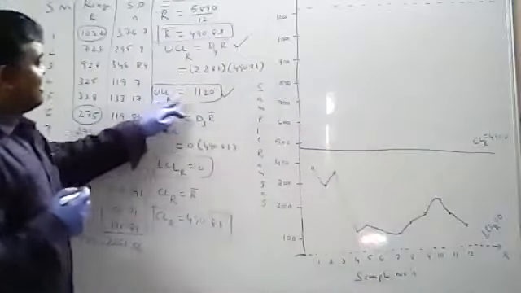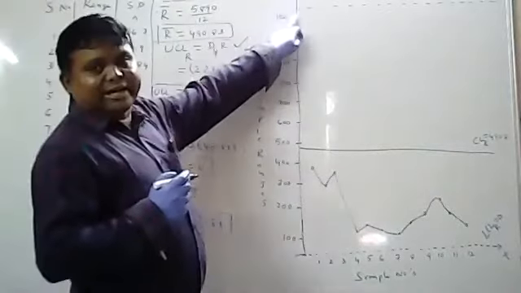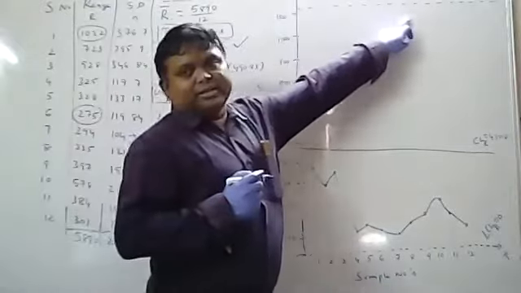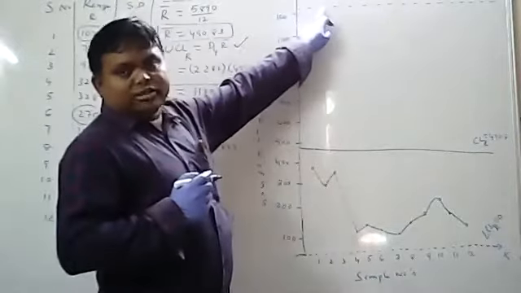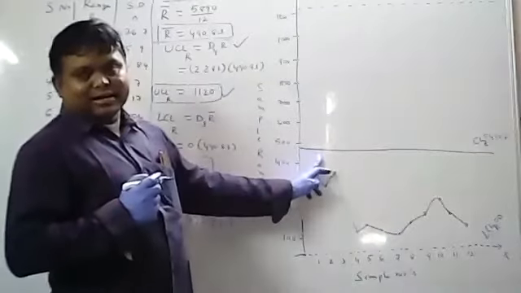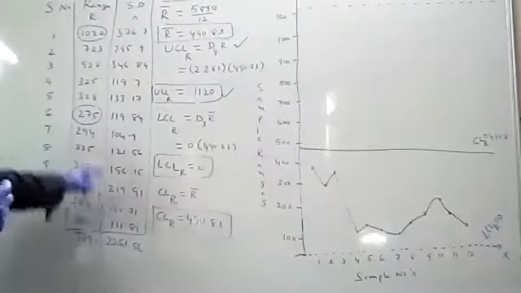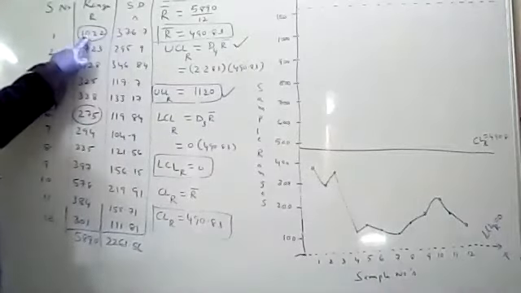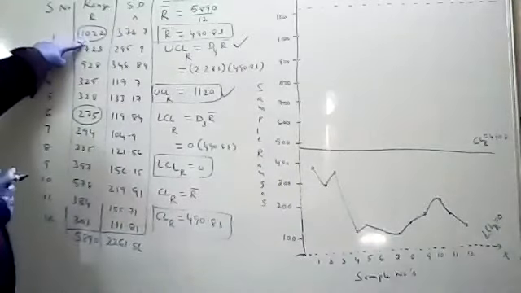And then the UCL value is 1120. I have identified 1120, which is more than 1100. So for the upper control limit draw dotted lines, for the lower control limit dotted lines, and CL is a dark line. Now identify the sample points. What is the first sample point? The first sample point is the range value. What is the range value? 1022.